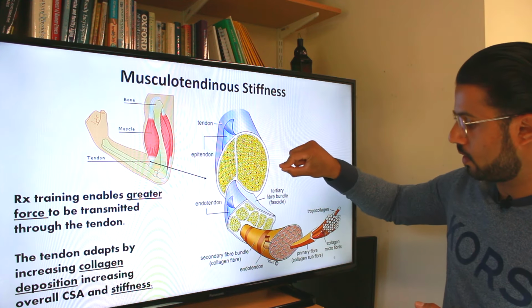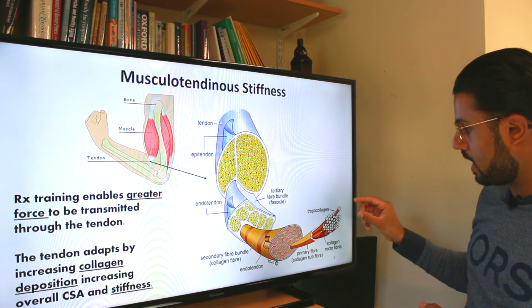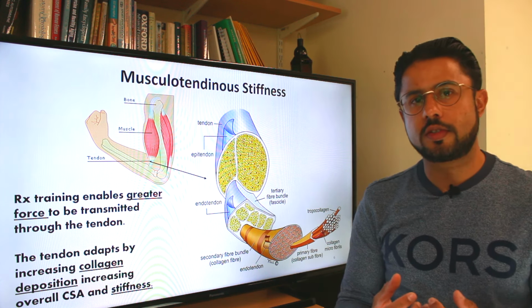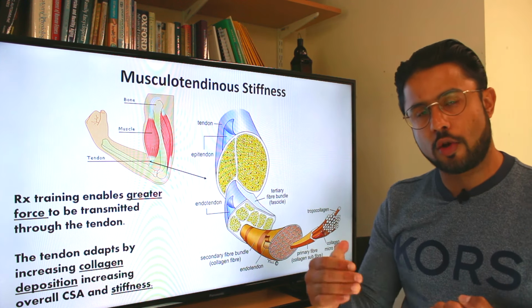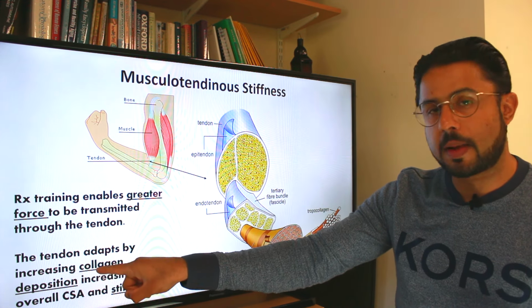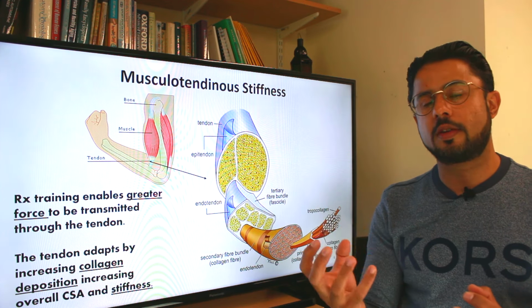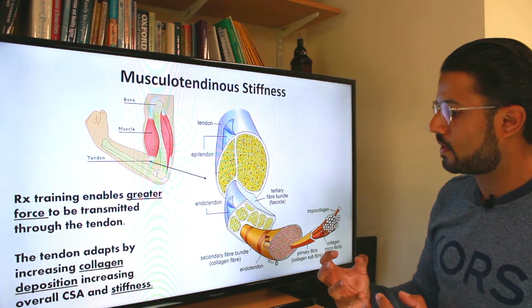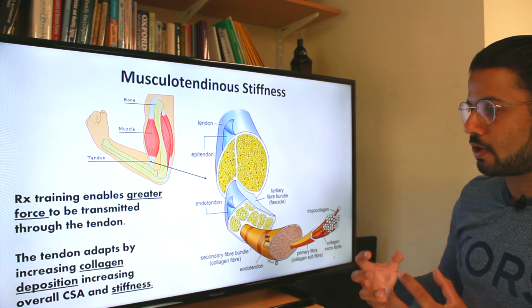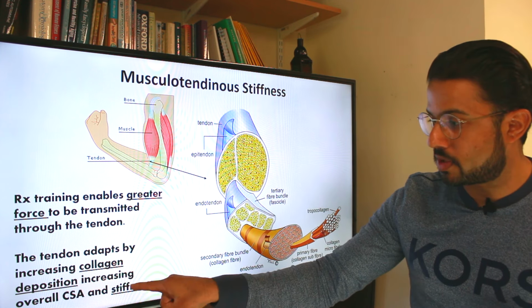Like with the muscle fiber, you're seeing lots of fibers. We can look at the different bundles, pull them out, pull out the individual strands, and would see microfibrils consisting of collagen. Okay, now when you do resistance training, as you lift more weight over time, your tendons will become stronger because there'll be more deposition of collagen. So more collagen will be produced, very complicated biochemical reactions will be taking place to enable the tendon to become stronger, to become larger, and to become stiffer.